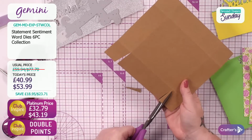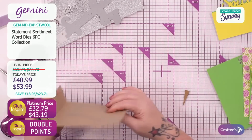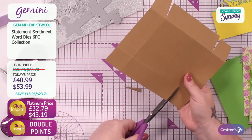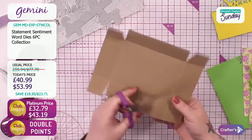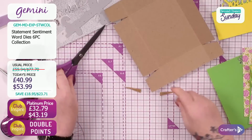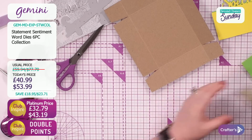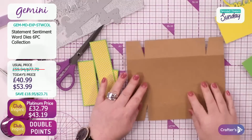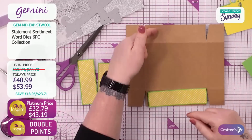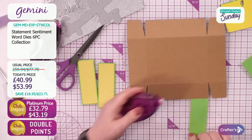So I'm just using some craft card, and I've just made myself a box base that will be 5 by 4, and it's just 1.5 inches deep. And again, I've used that beautiful Spring Fever solids and patterned paper pad. So just going to bring these in. I've mat and layered them already. I've only got one because of the box that I'm making. I don't need to decorate both sides. So again, just bringing in my tape pen